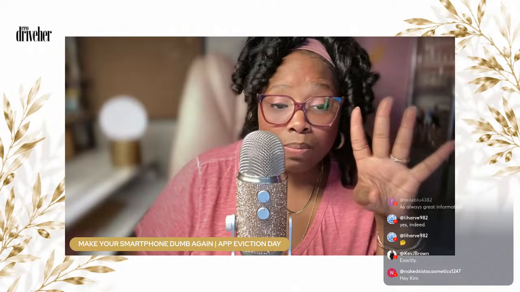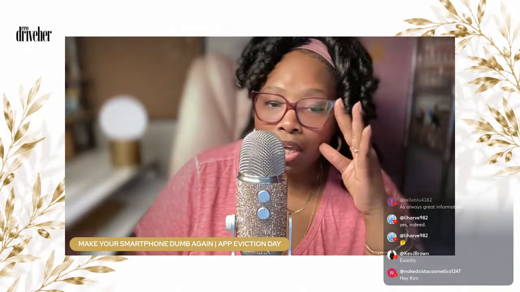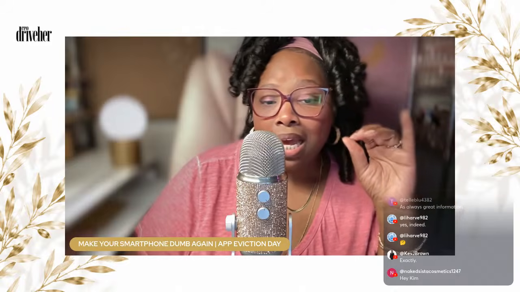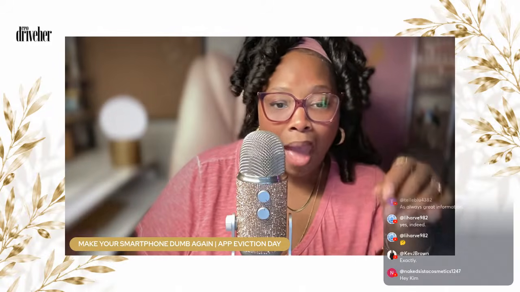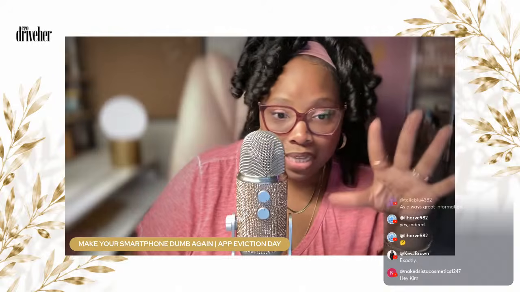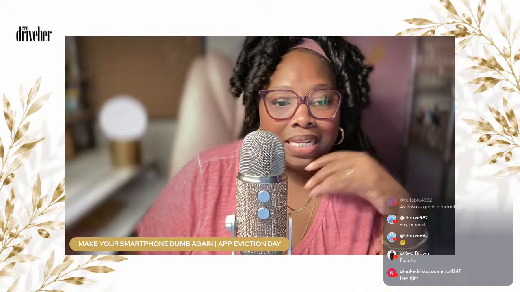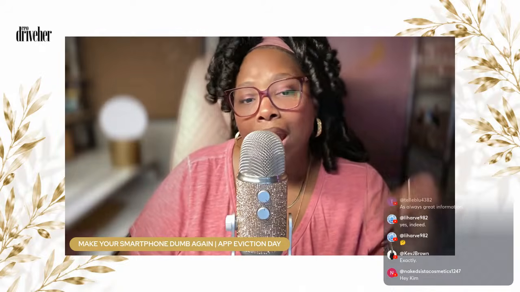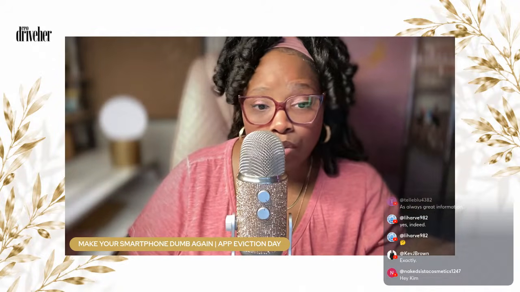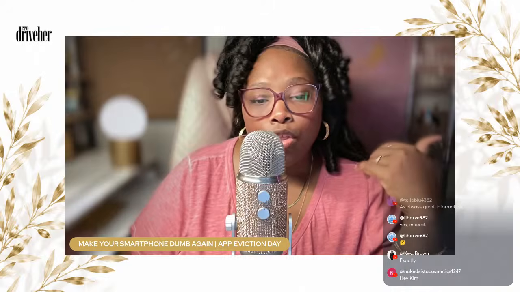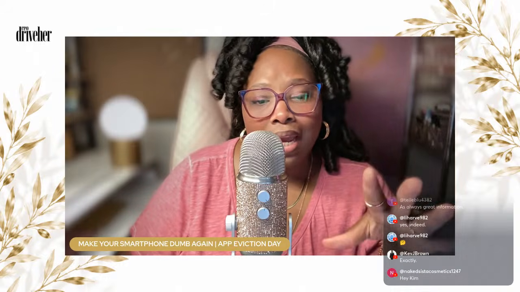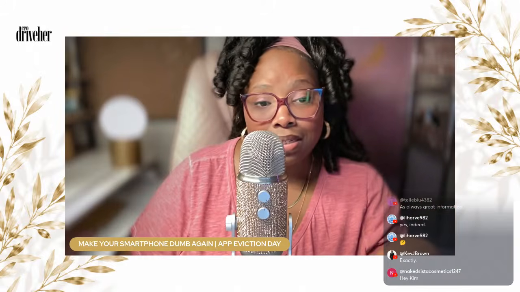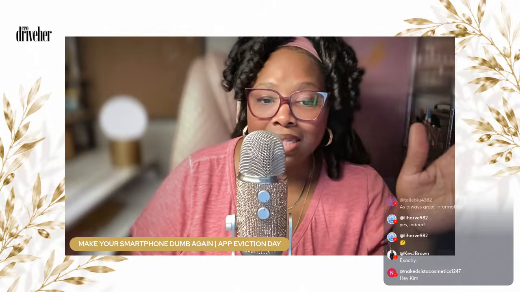So with the quarantine, we got that set, right? So number 4 is my favorite, which is evict. If you do not use it, if you forgot it exists, if it duplicates another app, meaning you have a bunch of the same things, it exists mostly to make you scroll or spend, or the browser can do the job just fine, it needs to go. The question all night is, does this app need residency or merely access? Okay. And if it just needs access, you already know where to go.